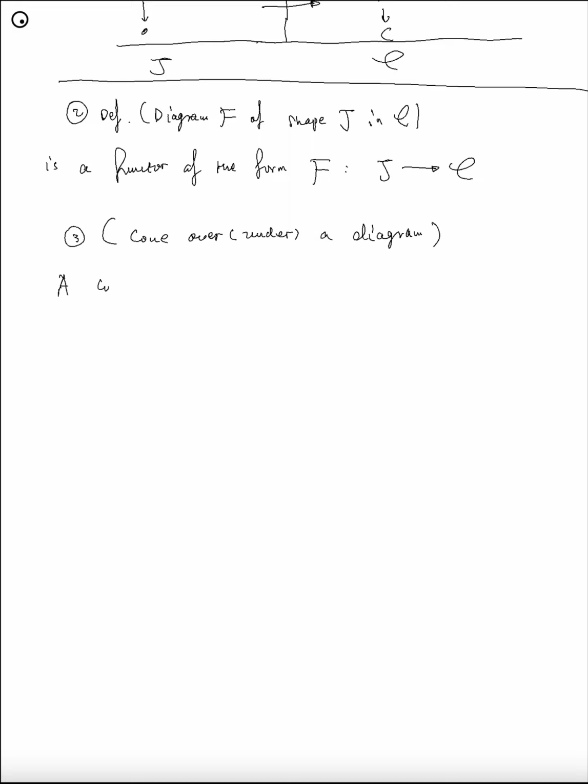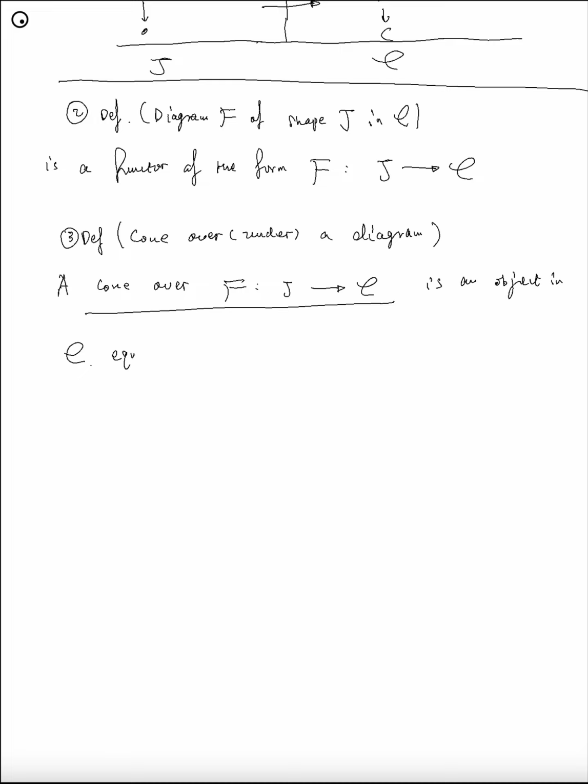So let's say a cone over a diagram of type J is an object in C, let's see, C, equipped with a morphism